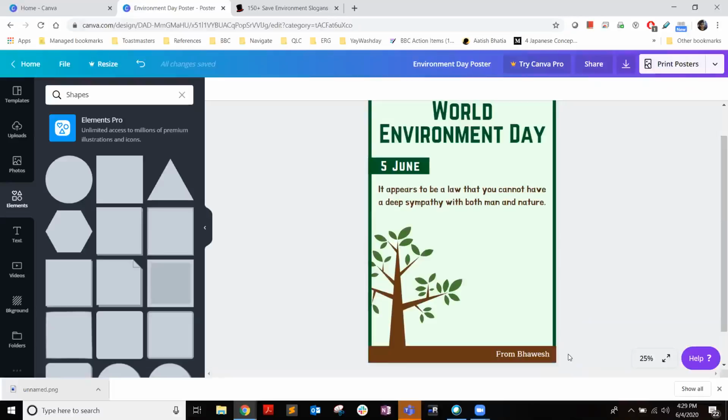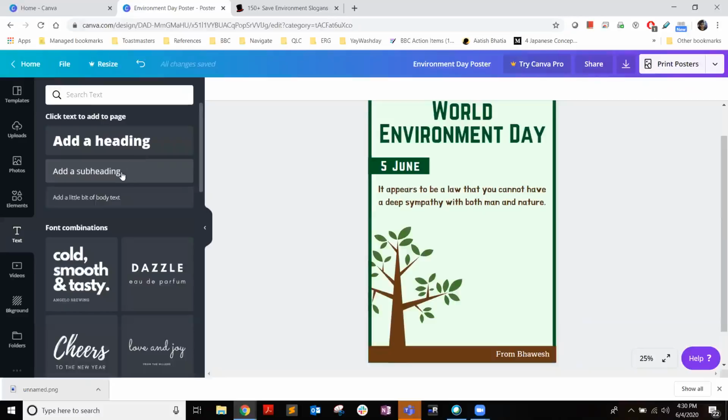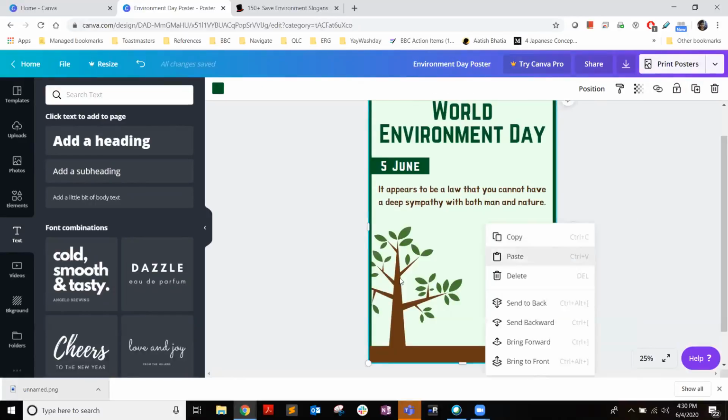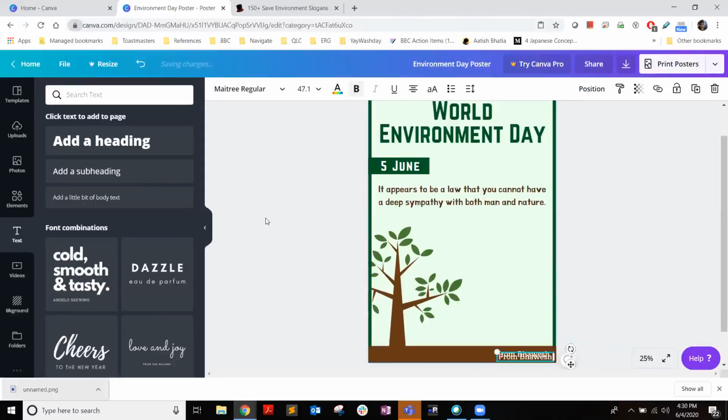Say I want to add my contact number as well. So I'm going to add text again and do it. But a better way is to select this, right click and copy, and then paste it here. It might ask you to allow, just paste it. Once pasted, I want to add my contact number to the left side. So I'll paste it here, double click, and edit and add my contact number. Say this.